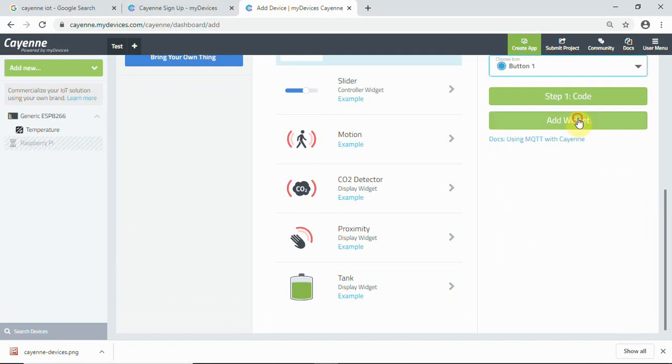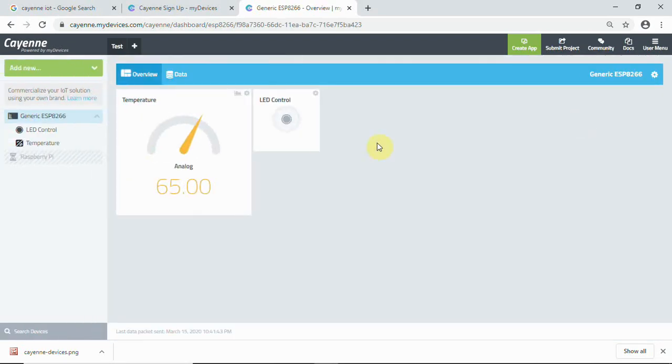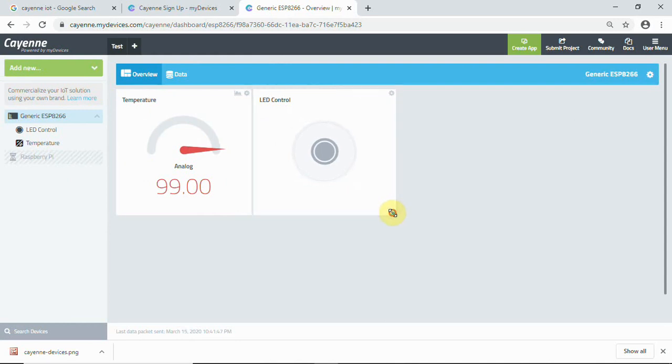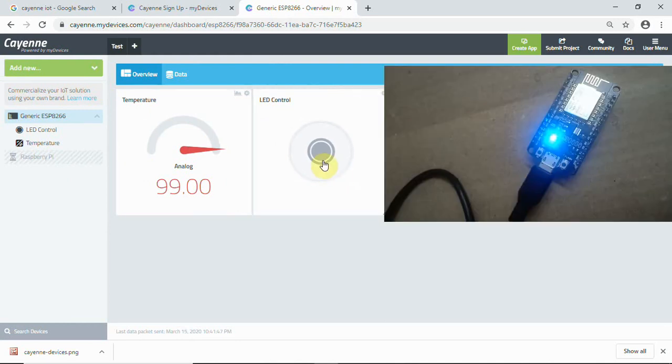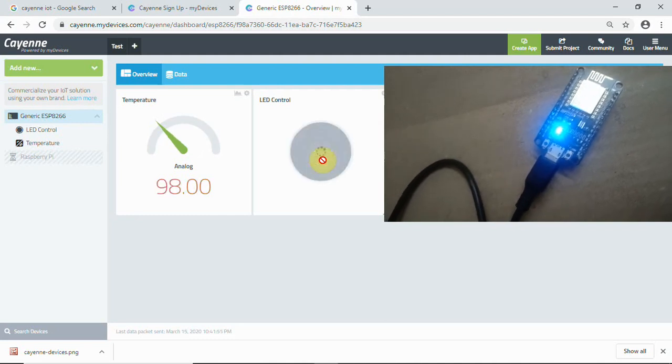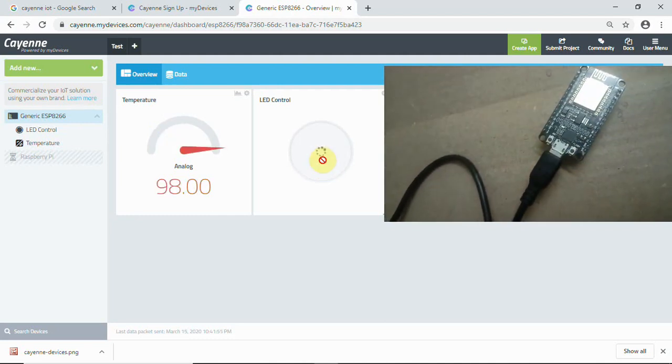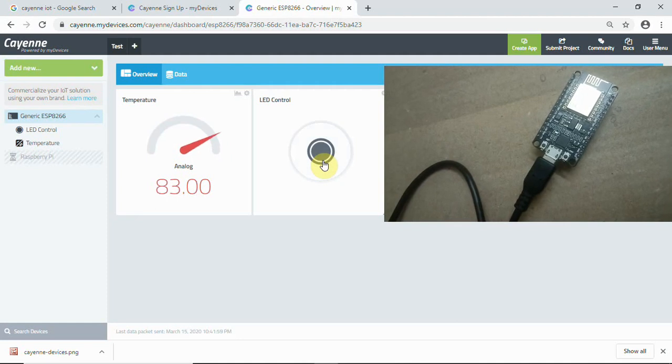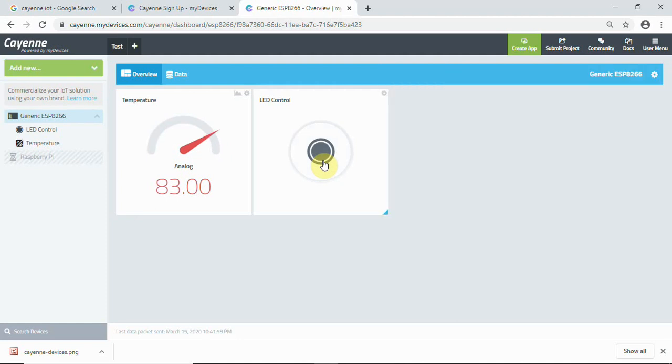I'll select button 1, and then we can add this widget here. Now we have the button widget. If you want, we can expand this a little, and now we can just click on this button, and you can see we have a change on our board, that is the LED gets switched on and off on the board.